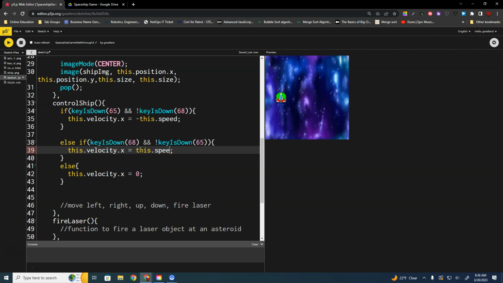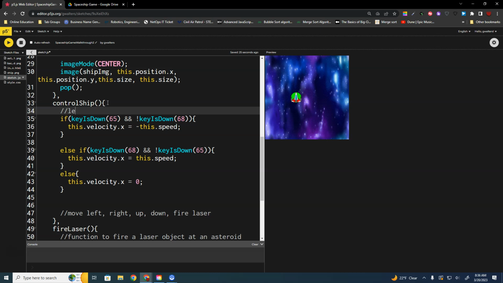This dot speed. And that'd be 0. Okay, so now let's run. That looks better. Okay, and I still got my keys fixed. So this was just for doing left and right